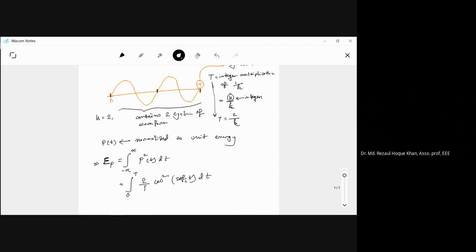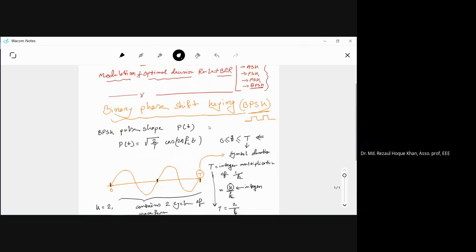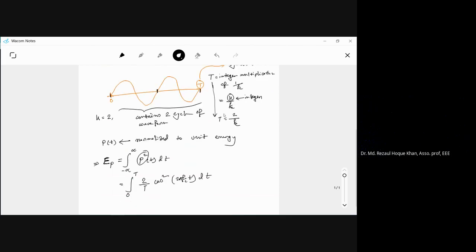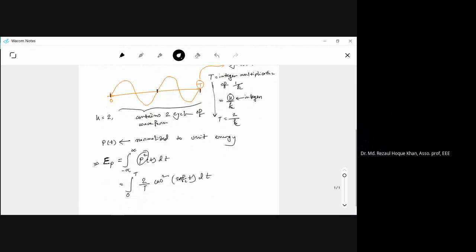We actually make it square, p squared. So if this is the p(t) signal, then we can write the square of this signal. That's what we are writing here. Now, if we solve it,